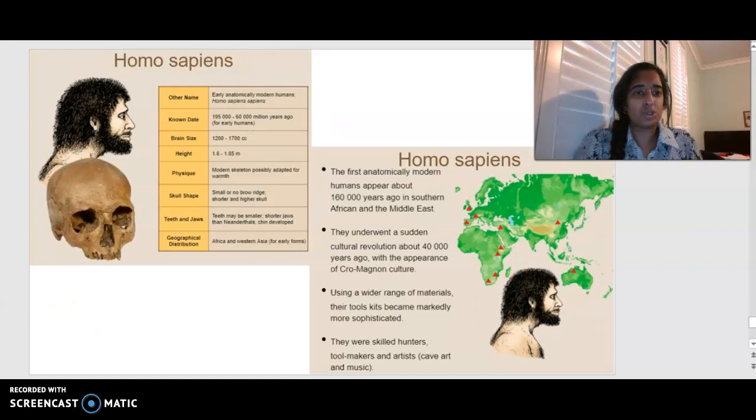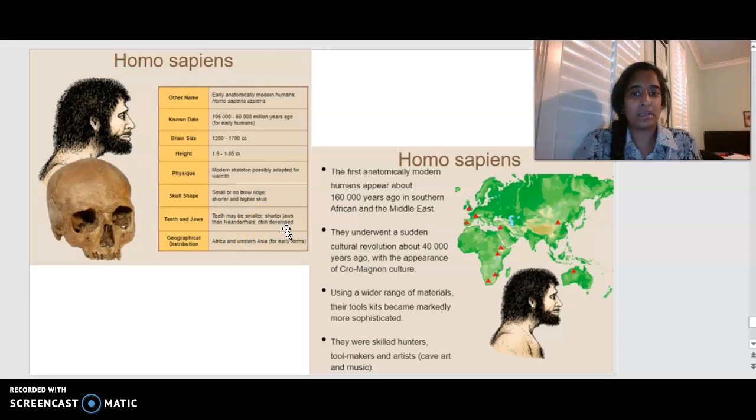Alrighty, then moving on to us as we know it, our earliest modern humans. So the Homo sapiens, the modern skeleton, possibly adapted for warmth. Okay, so you're going to notice a lot less body hair than our ancestors. There is a smaller or little brow ridge. Okay, so that's something that's decreased a lot, and a shorter and higher skull. Our teeth are a lot smaller, shorter jaws as well compared to the Neanderthals, and our chin is now quite